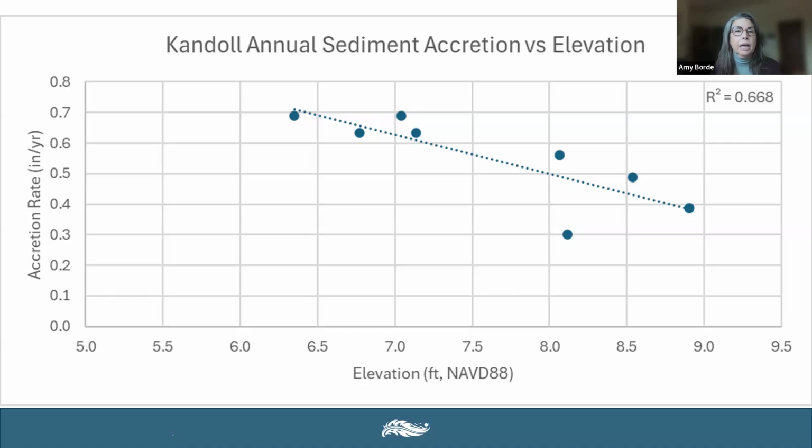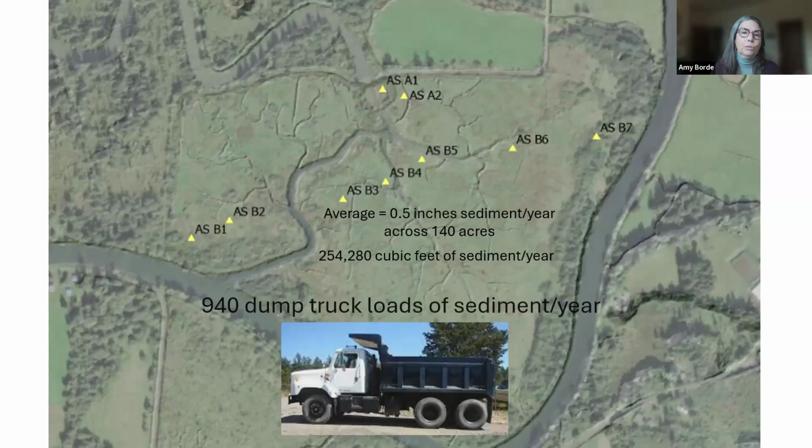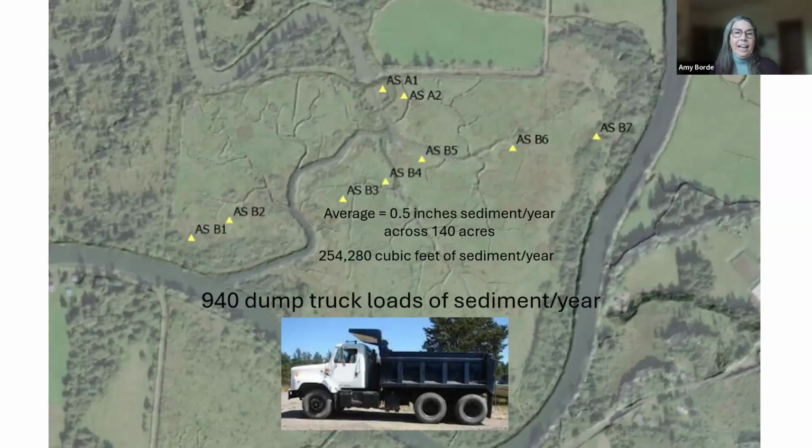So if we take the average of, this is just a quick and dirty way to look at how much accretion is happening over the entire site. I took the average of those accretion rates, which is about half an inch of sediment per year. I multiplied it times the area of 140 acres of the site and came up with a really large number and converted that to dump truck loads. And it's about 940 dump truck loads of sediment per year that is accumulated within just this one site in